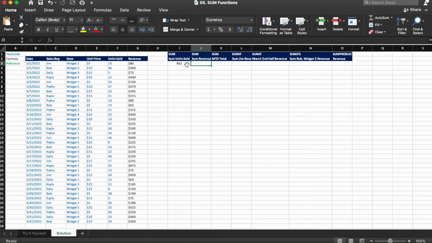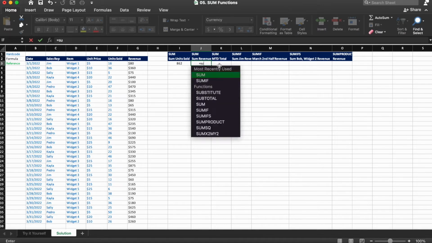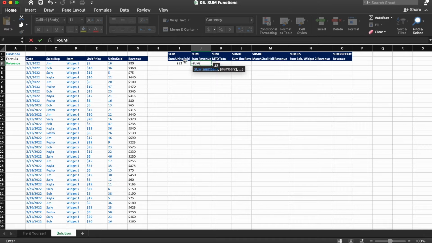Okay, we're going to do another example here, and this time we're going to look at the sum of the revenue for March. So again, we're going to use our sum function, so equals sum, and then if you're feeling a little bit adventurous, why don't you try to select the range a different way? So in this case, we'll do a Control-Shift down again, and then we'll do that, and we get the revenue for the month of March is $10,430.